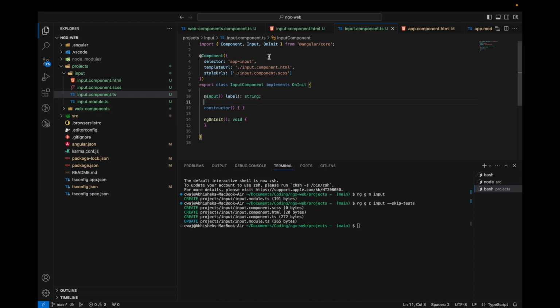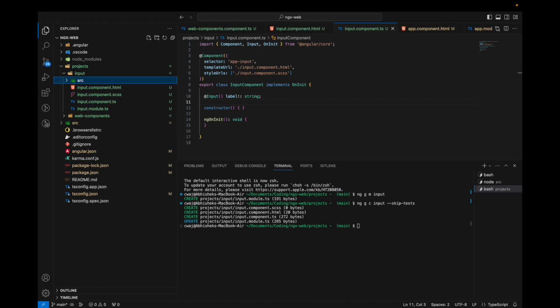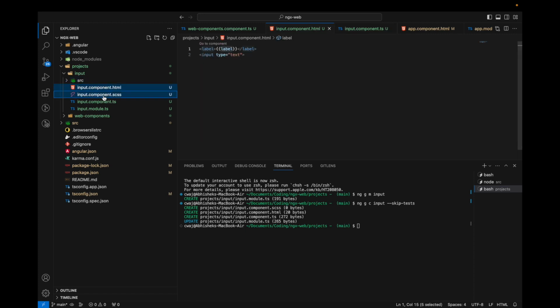Now if you want to use this inside any sample Angular app, as I mentioned earlier, we want to use this as a separate module. So how we're going to do that is we'll restructure our code a bit. I'll explain in a while why we are doing that. So we'll create a source folder here. We'll move all these files to this folder,